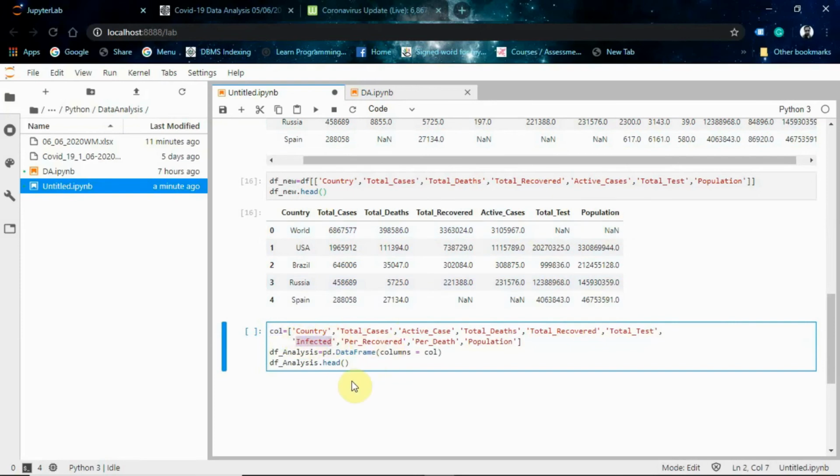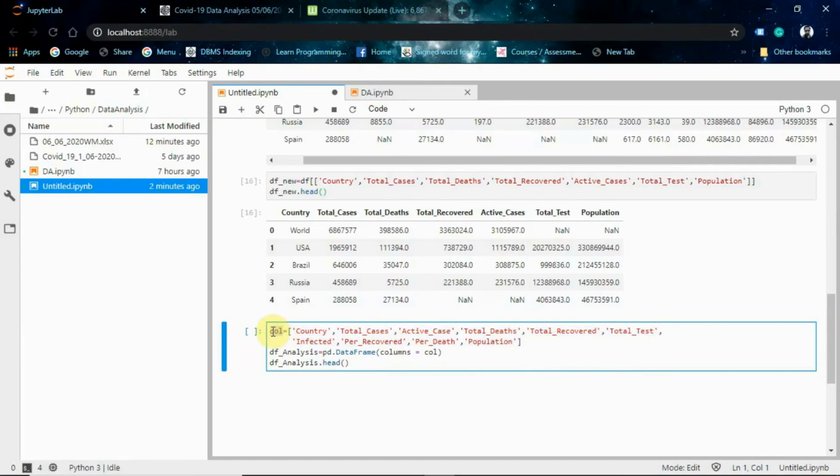In this column, we're going to store the infection rate of the country, that is, what percentage of the population is infected by this virus. I named another per_recovered, to store the percentage of recovered cases, then the percentage of deaths, and the whole population. So I just make a list like this, right, and assign it to a variable.